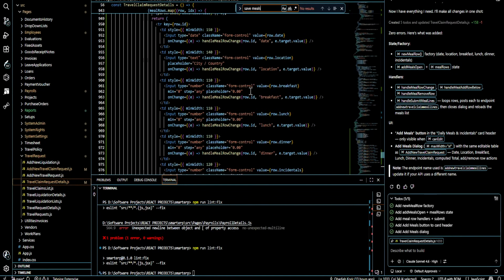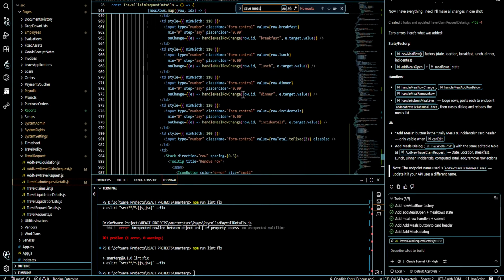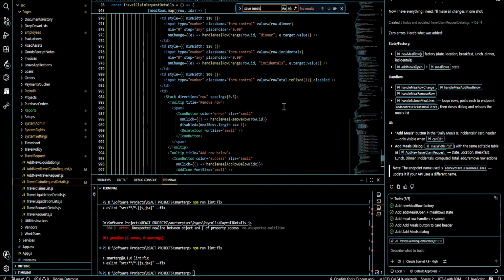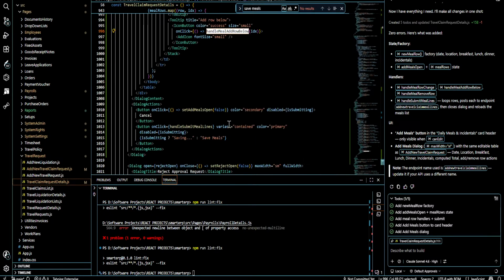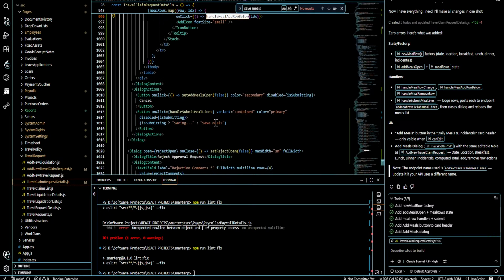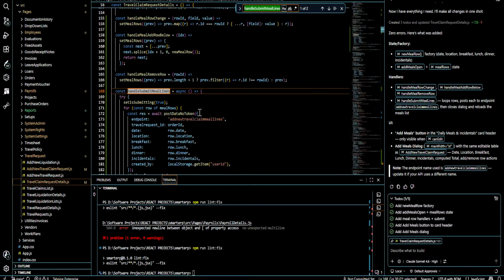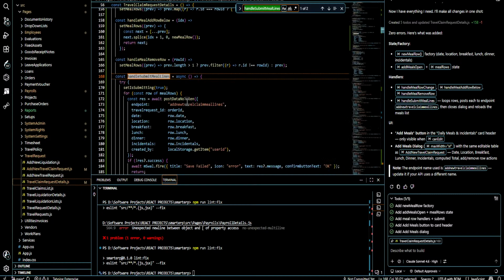So add meal ROM, save meals. So this is a method, we have here an async method,